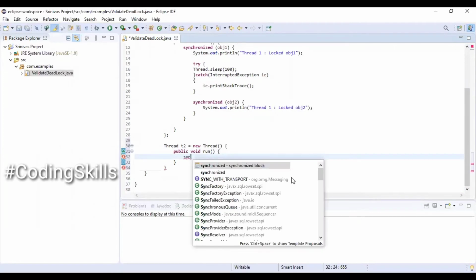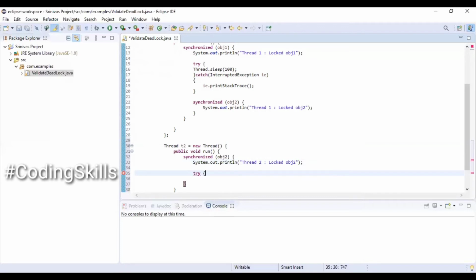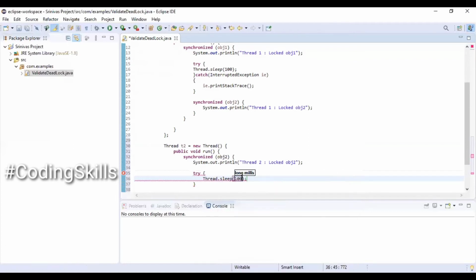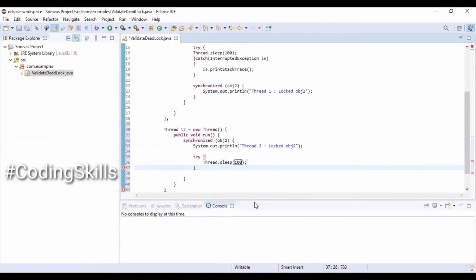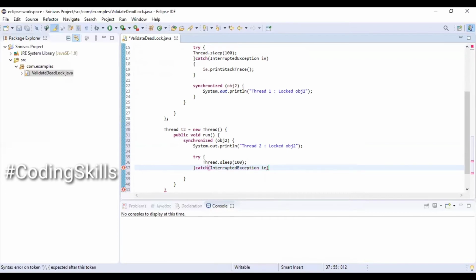Using a synchronized keyword, passing object 2 and printing a message on the console, thread 2 locked object 2. Using a try catch block to add a thread.sleep, as we need to handle the exception if you want to call a sleep method on the thread. InterruptedException IE.printStackTrace,